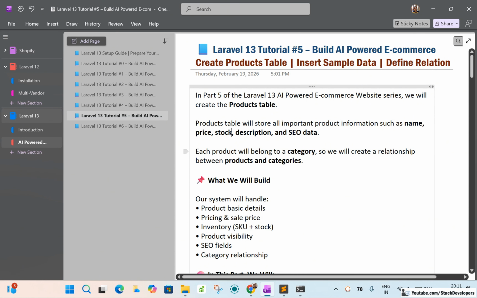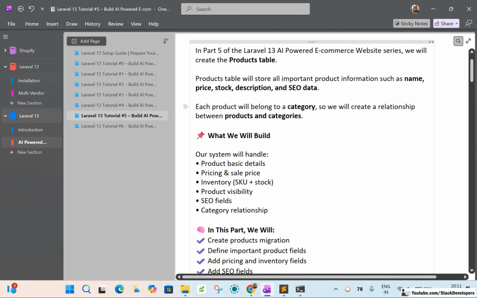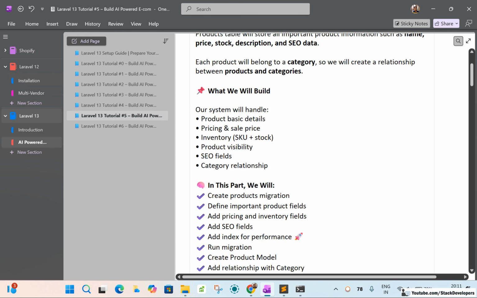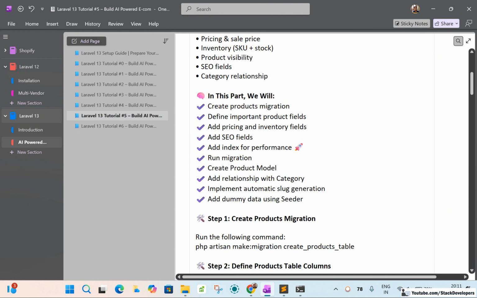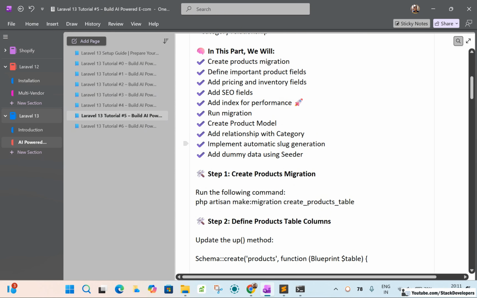We are going to build the relation between the products and categories, and our system will handle products basic details, pricing and sale price, inventory, SKU plus stock, product visibility, SEO fields, and category relationship. In this part we will create products migration, define important product fields, add pricing and inventory fields, add SEO fields, add index for performance, run migration, create product model, add relationship with category, implement automatic slug generation, add dummy data